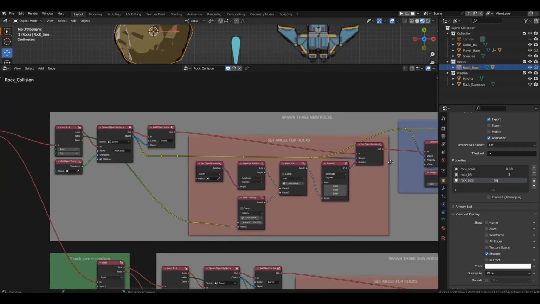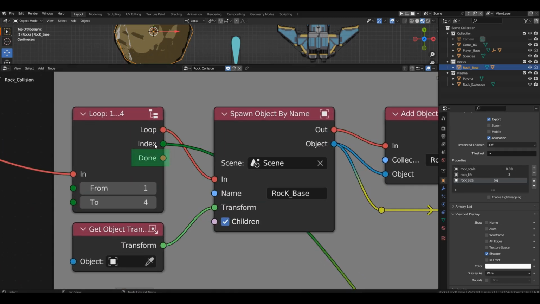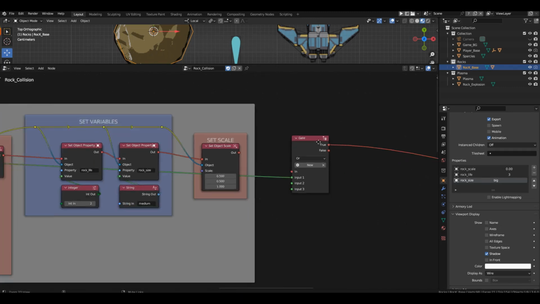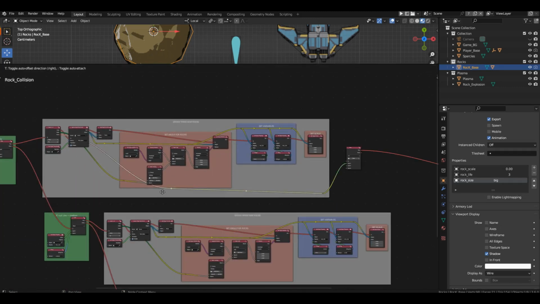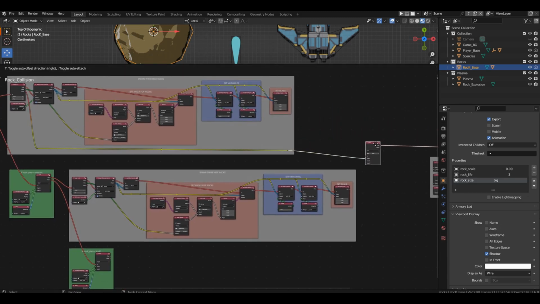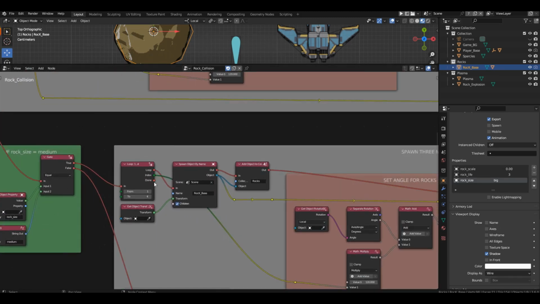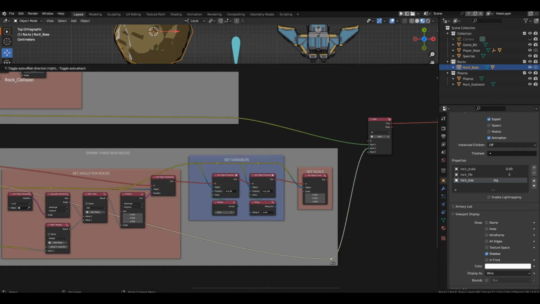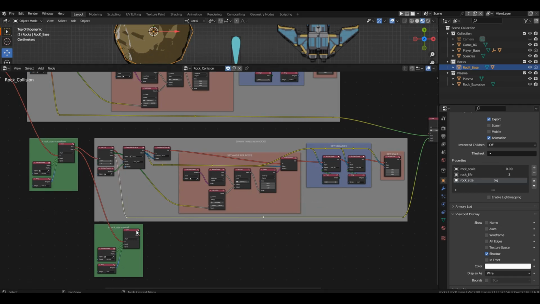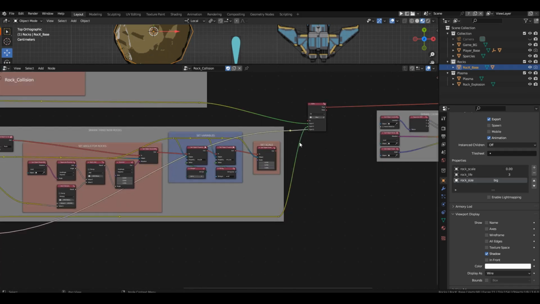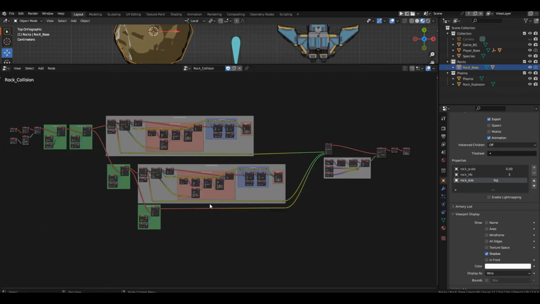Therefore, we need the done output on the loop block. Now the block will send a control signal to the next group of nodes every time any of the events triggers.